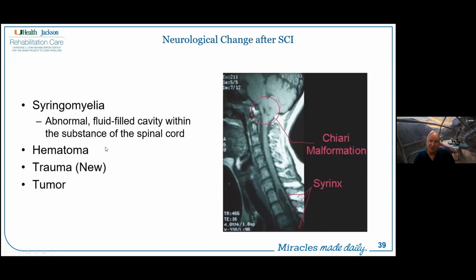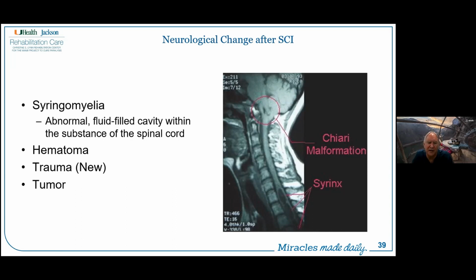Folks can develop hematomas. Some of our folks are on anticoagulation therapies, and that can cause a hematoma in the area. Recognize that if somebody is on, for example, Coumadin, and then they get a urinary tract infection and are treated with certain antibiotics, that can basically accelerate or auto-enhance the anticoagulation.